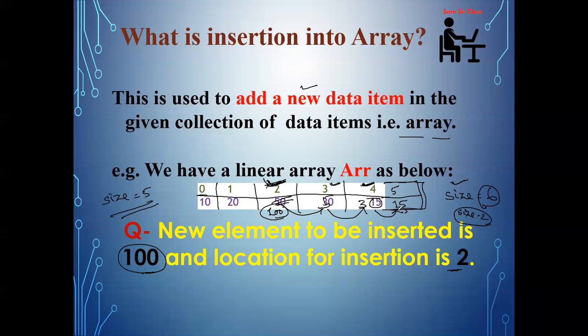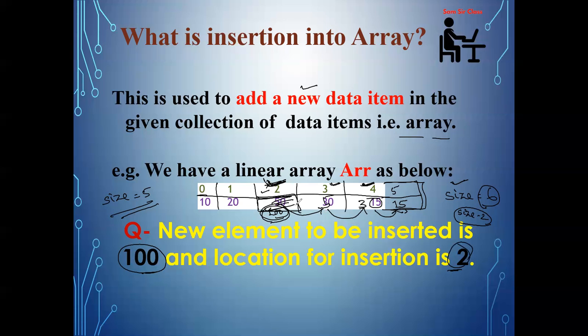So first we will increment the size of the array. That means one extra seat we are adding. All those friends, we are requesting that you shift one by one to the right. When your turn comes and this position gets vacant, now you are sitting here. Or in other words, you are storing or inserting 100 at the required position, that is 2.